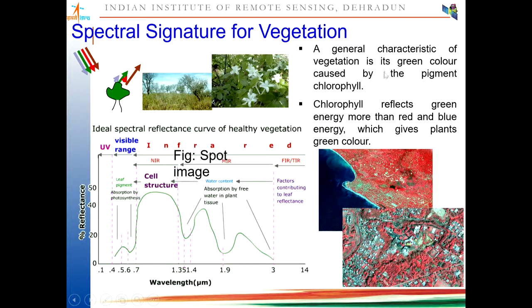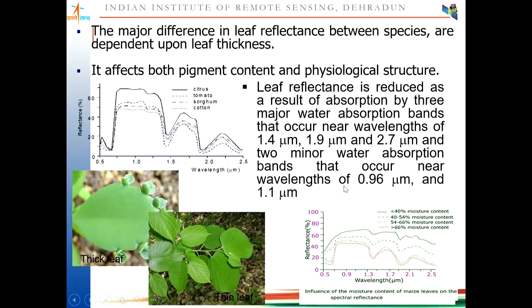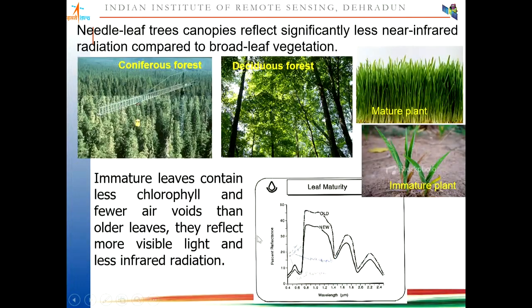One is the presence of chlorophyll. So chlorophyll reflects green energy more than red and blue, and this gives plants their green color. Change in the thickness of the leaf, the shape of the leaf, right? All this would affect. So needle-leafed plants, broad-leafed plants, change in the growth stage, all these would affect the reflectance